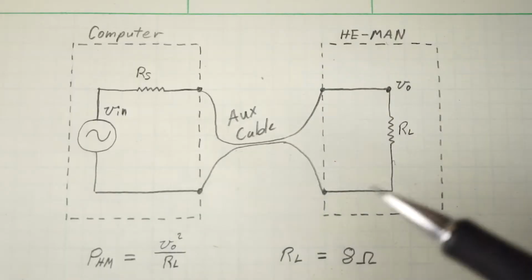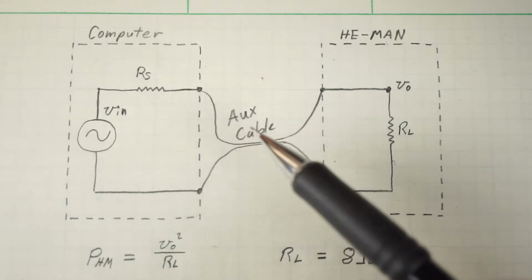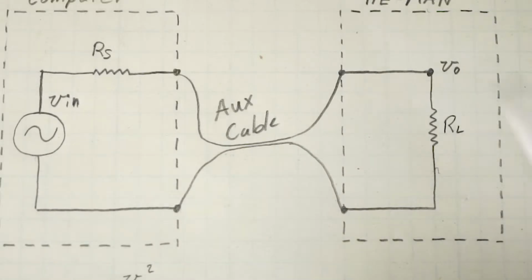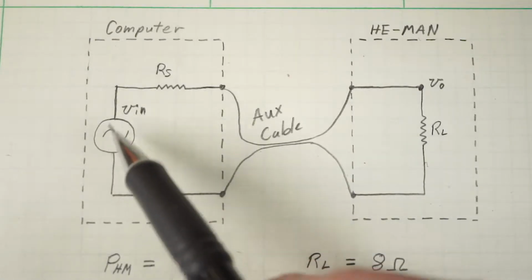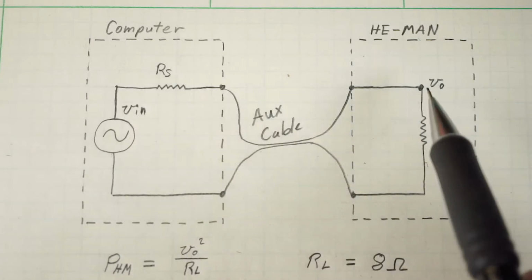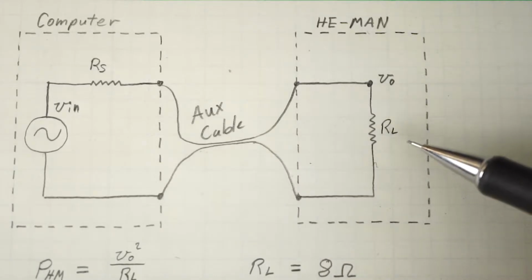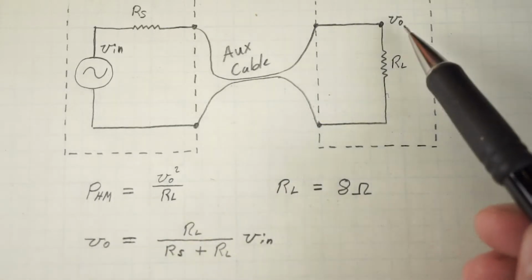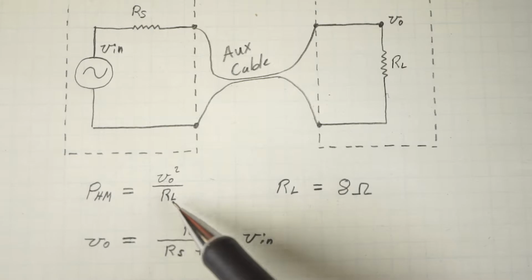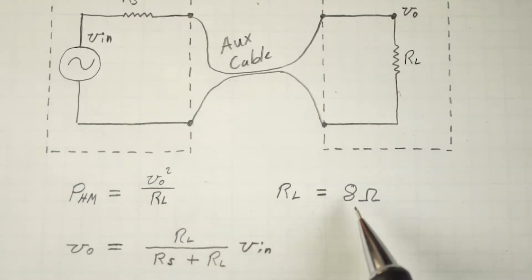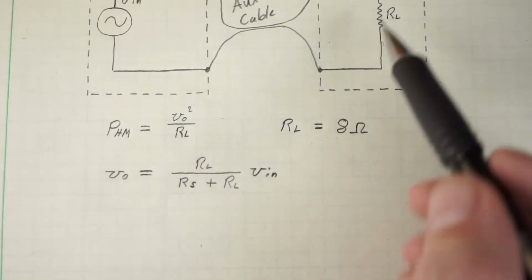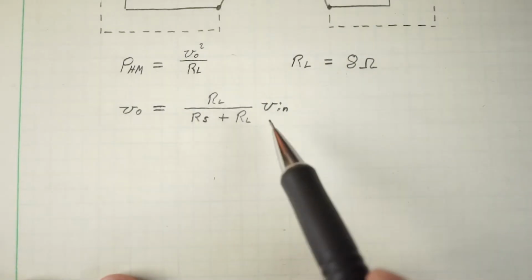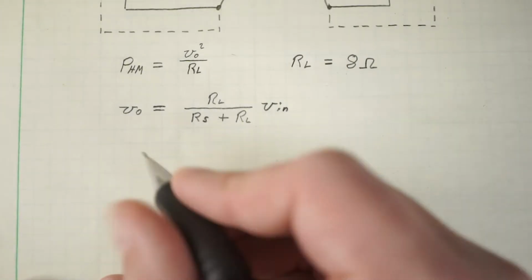Here's the problem for why I need an amplifier. If I were to hook my phone or computer directly to the speaker, it would look something like this, to first order approximation minus parasitic inductive loading. This is the computer on the left, and this is He-Man. The computer will have a source resistance in series with the voltage that's used to drive He-Man, and He-Man's just a load, just a resistor. The power going into He-Man is just going to be the voltage here squared divided by He-Man's resistance, which I looked, and on the speaker it says it's 8 ohms. From the voltage of the computer, V out is equal to this voltage divider, and thus the power that goes into He-Man based on this voltage is,